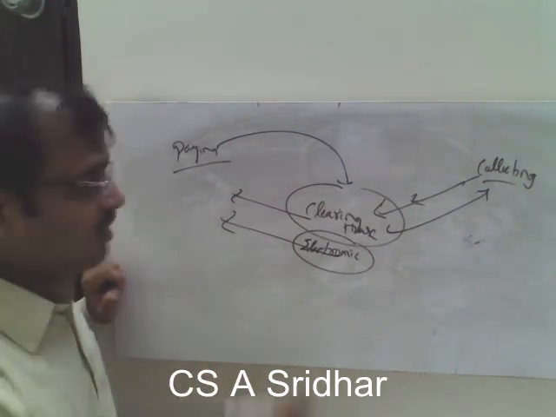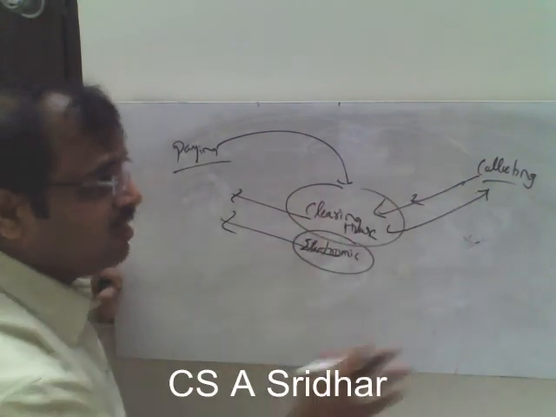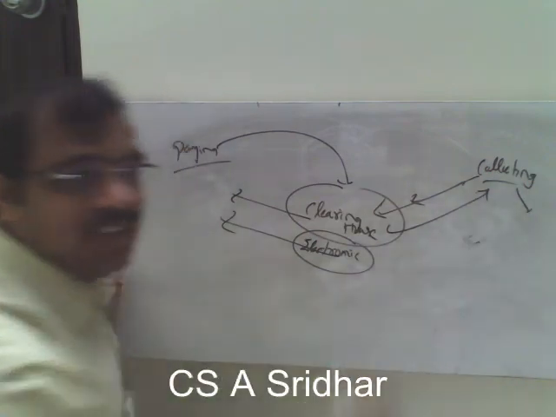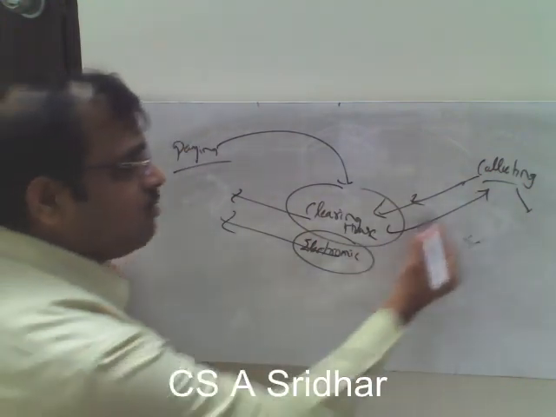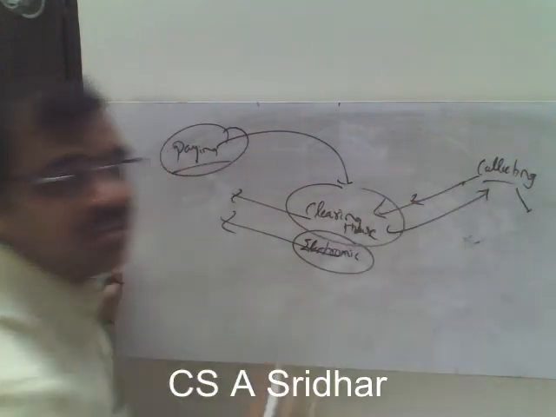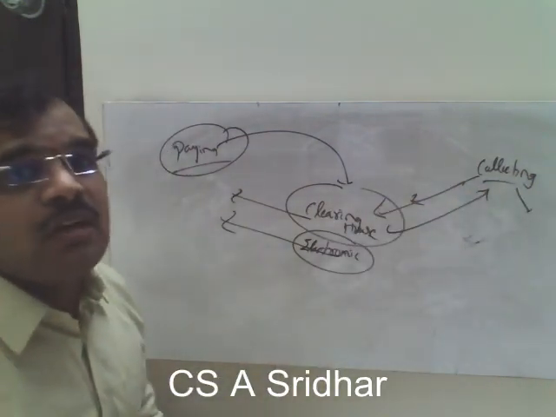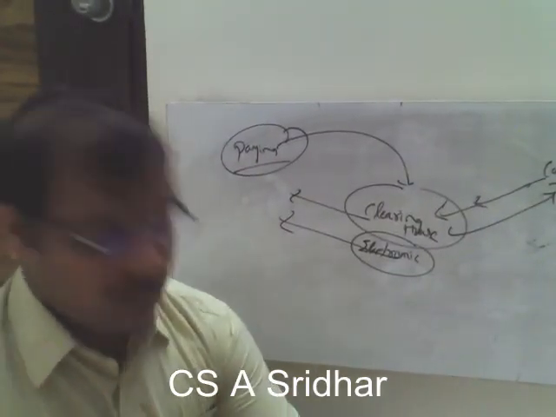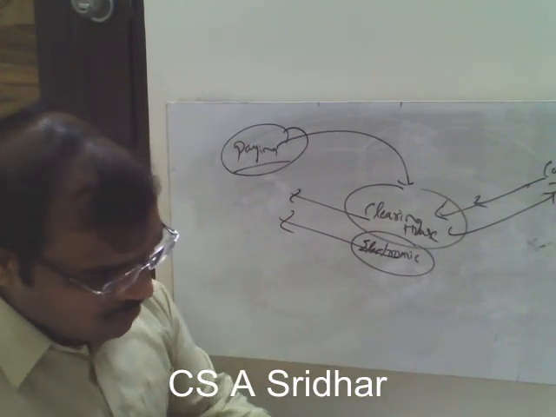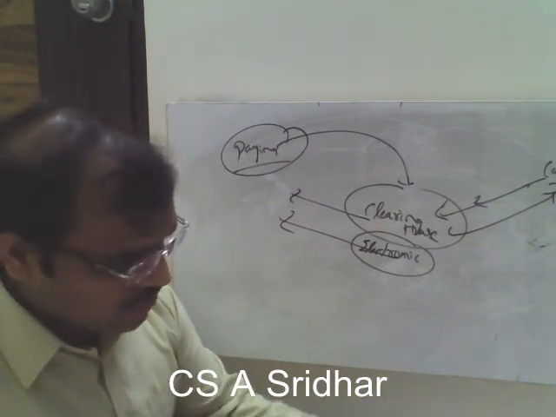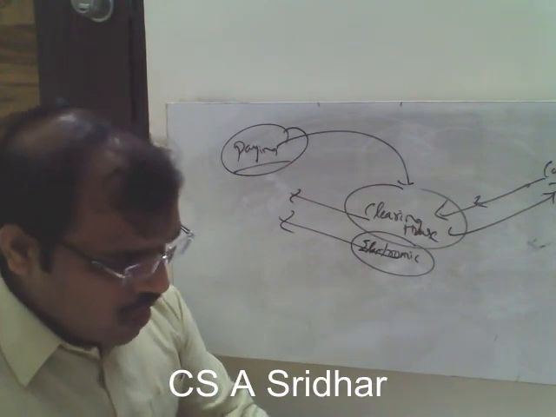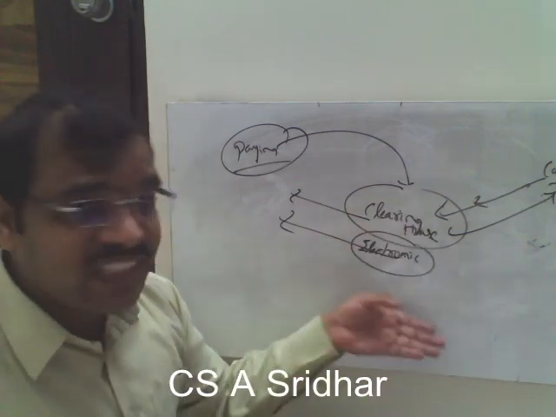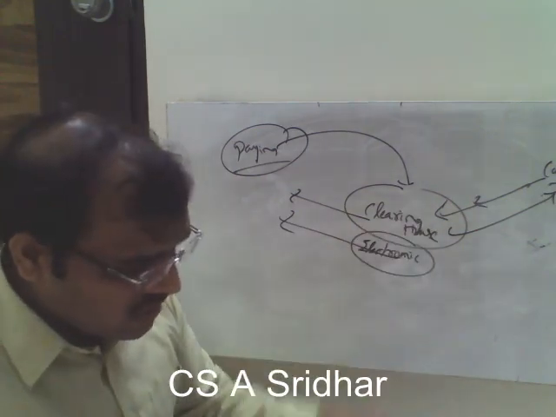So instead of waiting for the transportation of the check from here to here, the collecting banker can make the payment instantly. Later on, the check can be received by the paying banker, and the amount can be received by the collecting banker. So that is how they developed the concept of the electronic image of the truncated check, truncating of the checks. So now let us go back to our definition. A check is a bill of exchange drawn upon a specified banker and payable on demand, and it includes the electronic image of a truncated check. Already we have discussed in detail the meaning of electronic image of truncated check, and the check